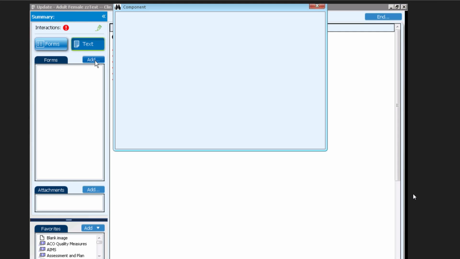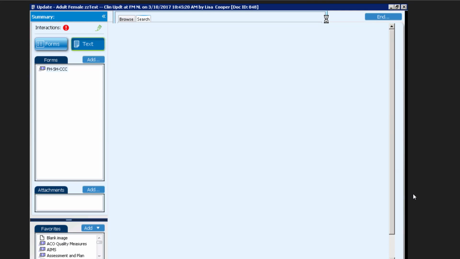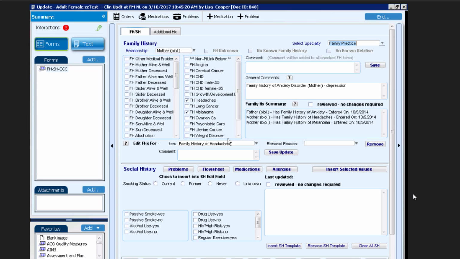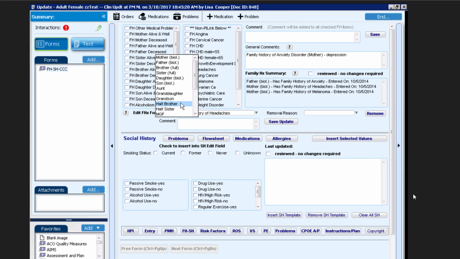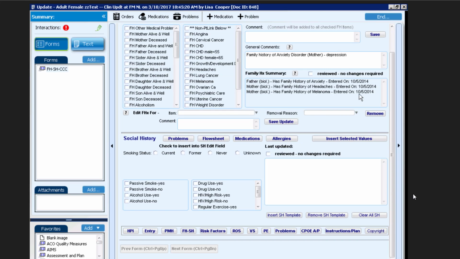So we're going to add in our family history form. So if I come up here, it will pull in my family history. So if I needed to add, say, my maternal grandmother,